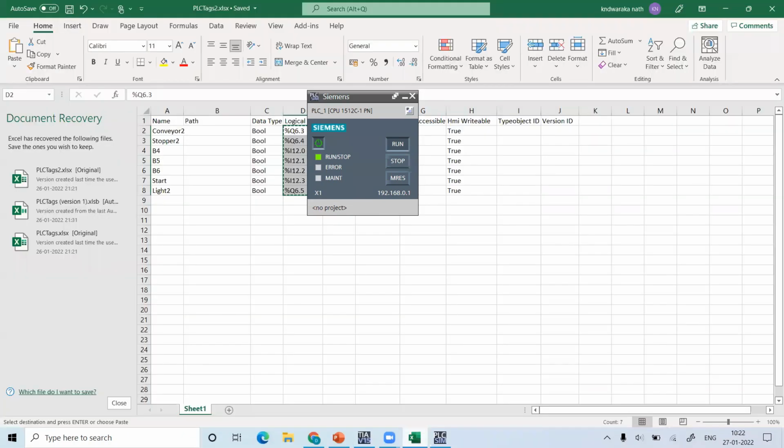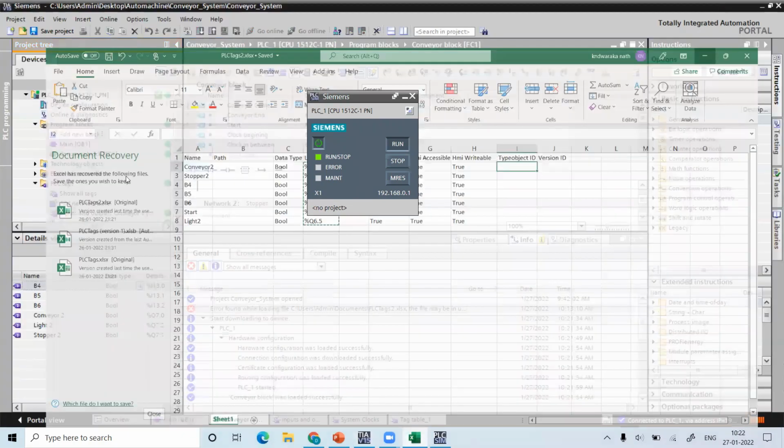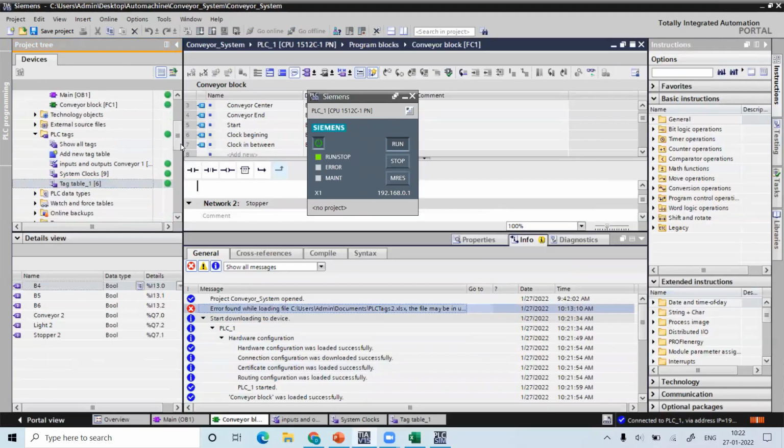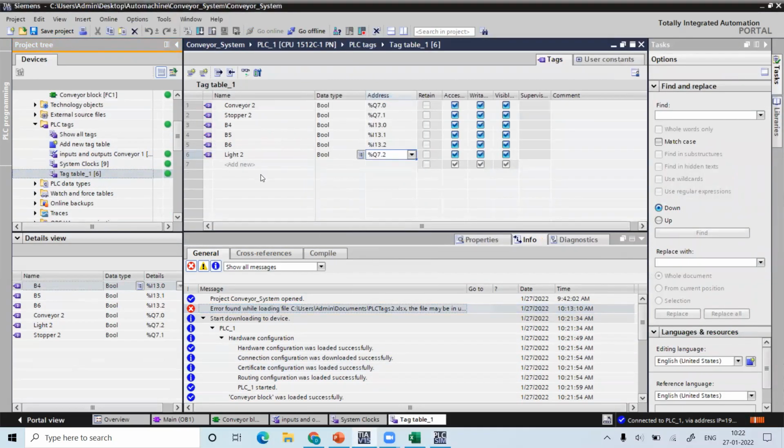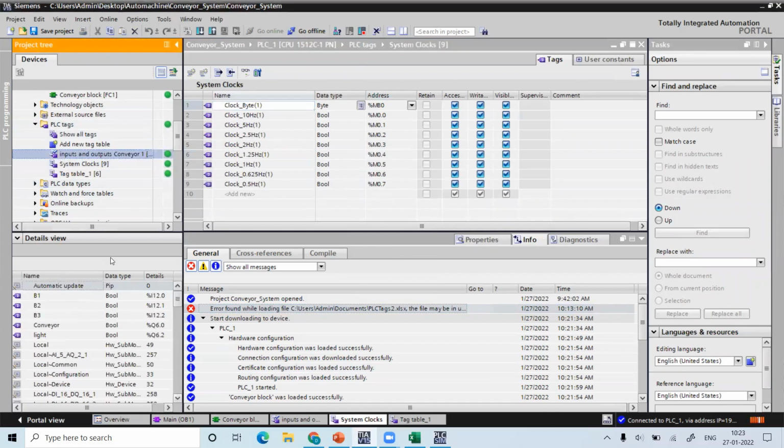So we didn't load it, no? So I'm going to delete any tags that were created. System tags and this one.